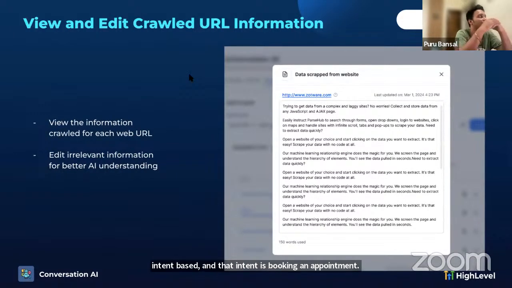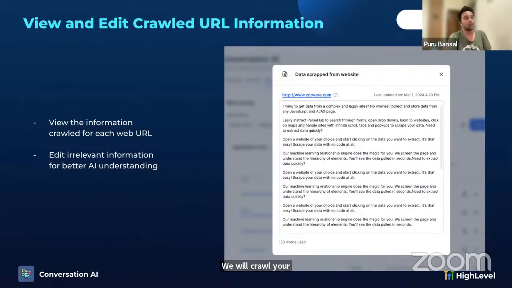Good. Moving on. View and edit crawled URL info. So we got a lot of tickets where we would crawl your website, but you would not know what information we got from the website. The bot would respond and you would again not know whether the bot's response was right or wrong, or where that information came from. So the first thing that we have done is in the bot training,